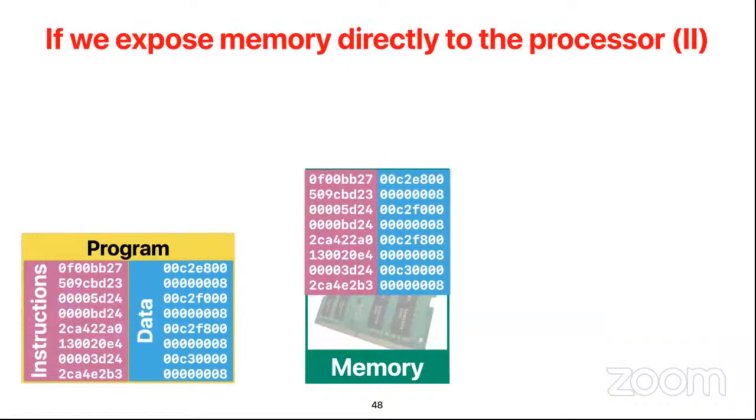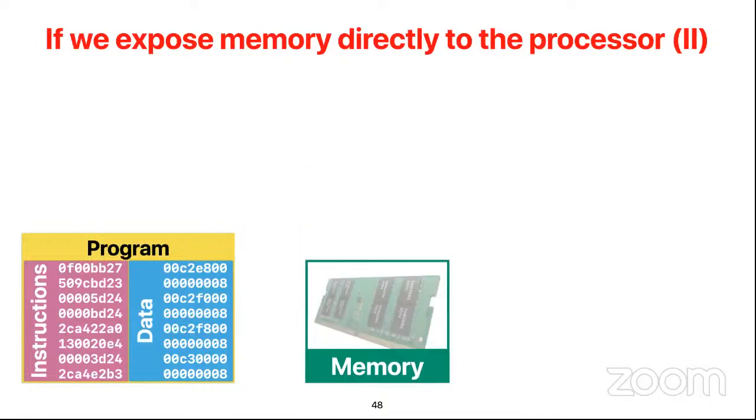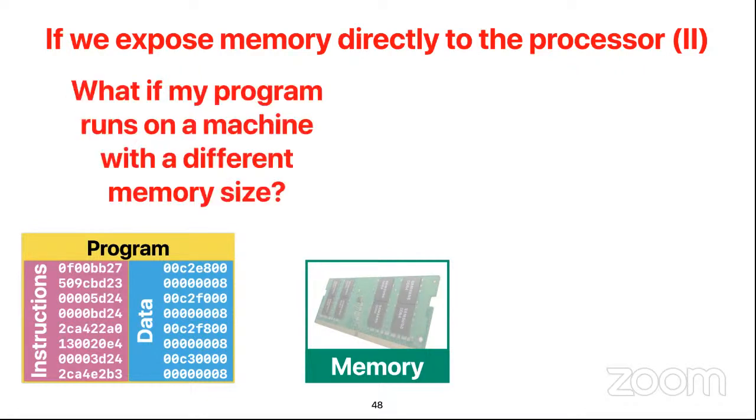Another thing is that, even though my memory is big enough, now we have multiple machines. My program is big enough, and my memory is big enough to accommodate one program. But what if I am running the program on another machine with a smaller memory? Will that work? I remember I talked to you about the Chrome performance issue. I complained to my friend at Google, and I said, well, your browser is terribly slow on my computer.